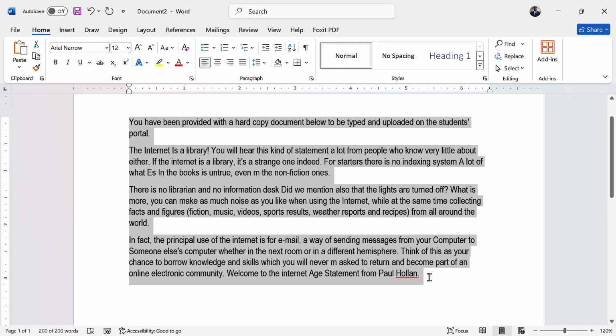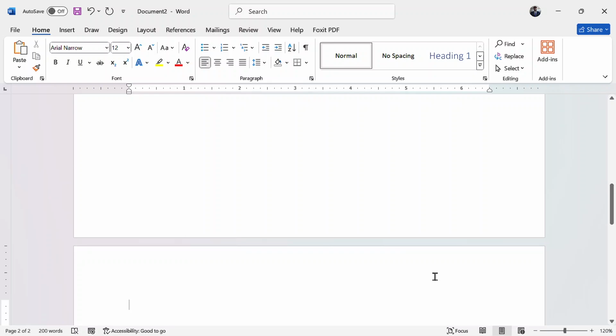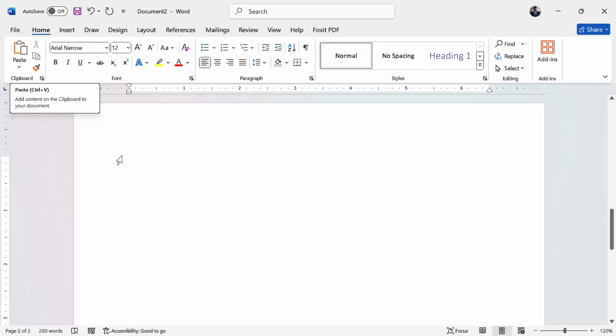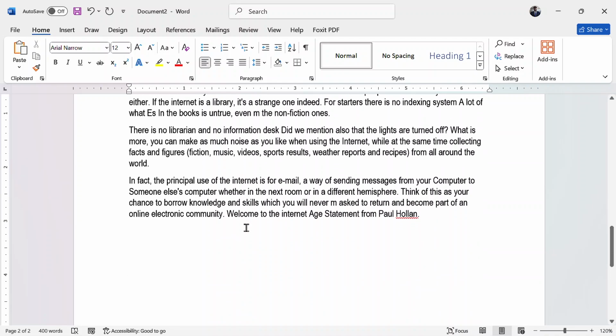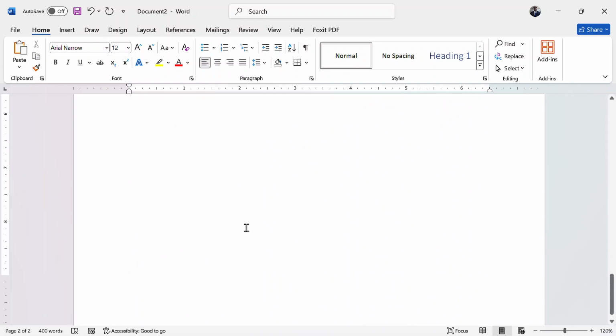After, put the cursor at the end of the document and create a page break. Press Ctrl and Enter to create a page break. A new page appears. Then on the new page, you can either tap on the Paste button here, or press Ctrl V to paste your text like that. Right, now we have a copy of our passage on page 1 and another copy on page 2.